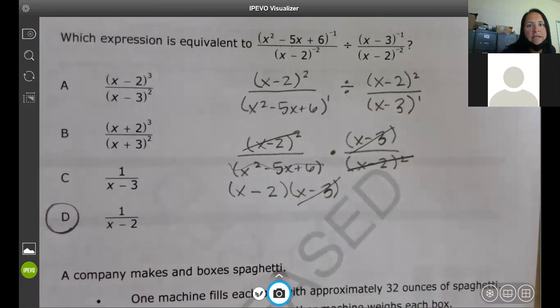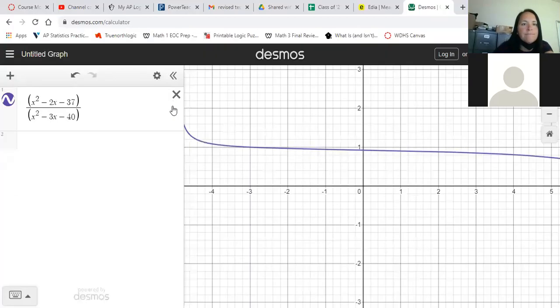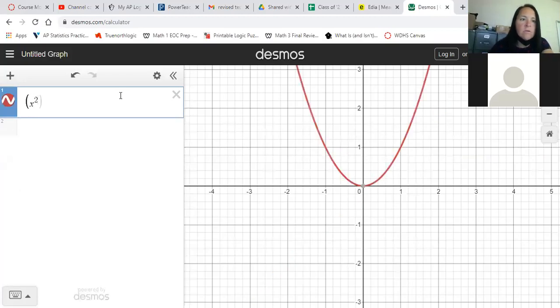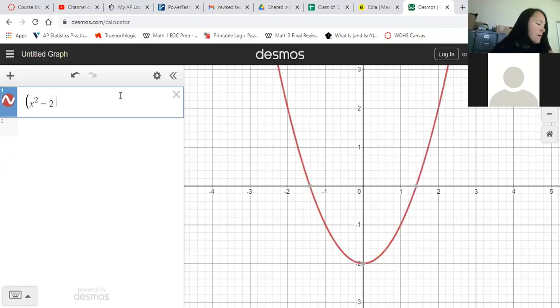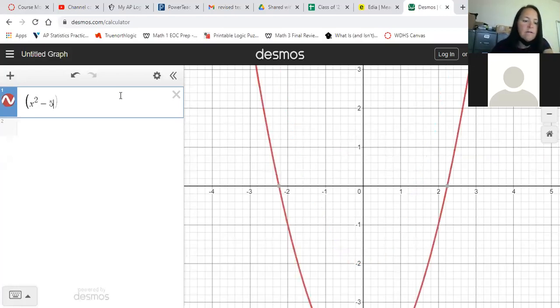So I'm going to stop sharing this. Is everybody okay with it? You guys got it? Yes, no, maybe? Okay. And then I'm going to go back to Desmos. And I'm going to hope it works because it's a lot to put in. All right, so the very beginning, x squared, minus 5x plus 6